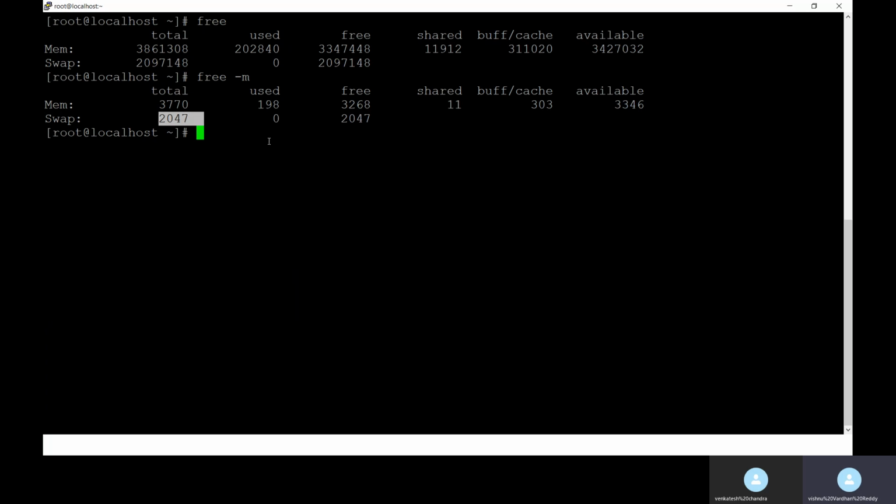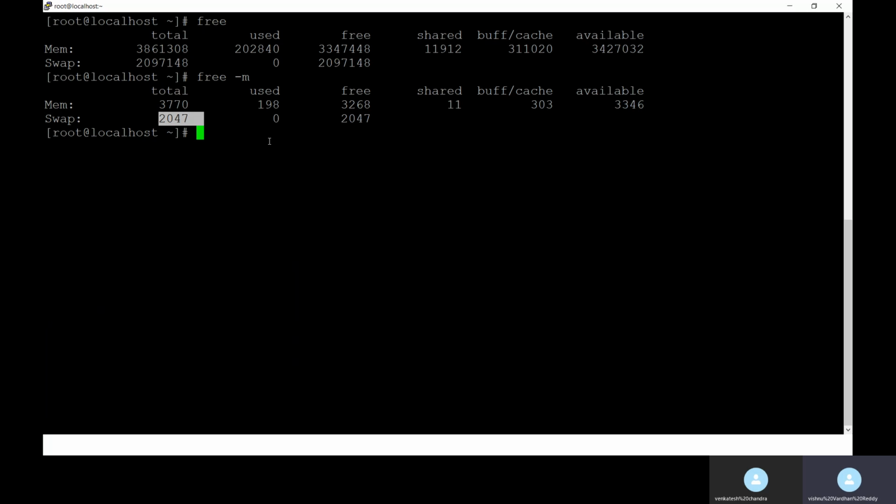Whenever the physical memory is utilized almost 100%, that time it will use swap memory, then the process will run. But that is not as fast as physical. Just for backup purposes, the swap will be enabled. So this is the memory and then swap memory.